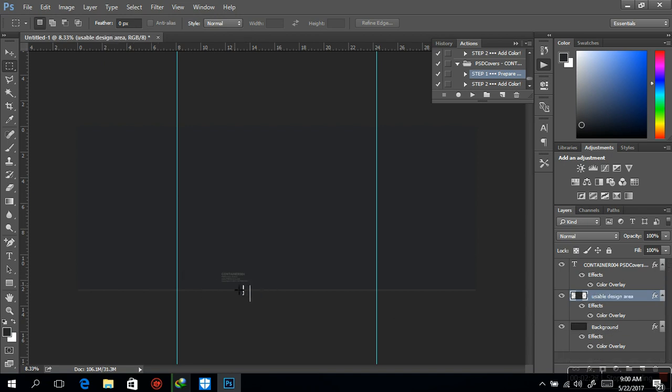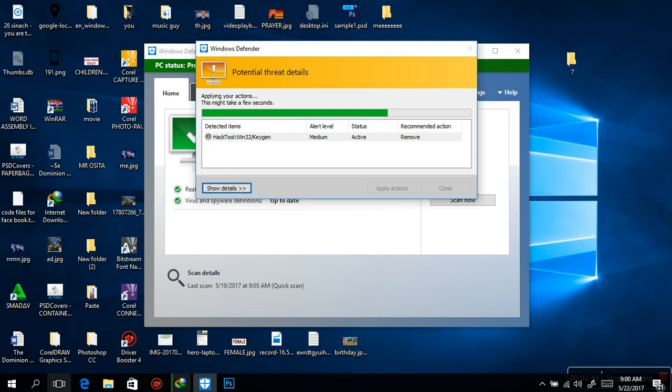The next part I have is the container, where it's trying to tell me what I want to do, which is this container 004. I'm going to click on that as well and hit the delete key. Now I have my workspace prepared for branding. The next thing I'm going to do, quickly, is go back to my computer to import a very